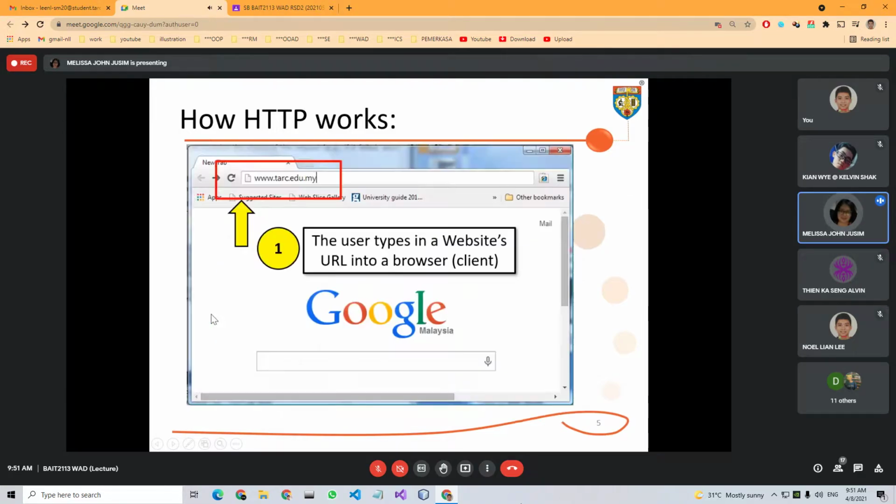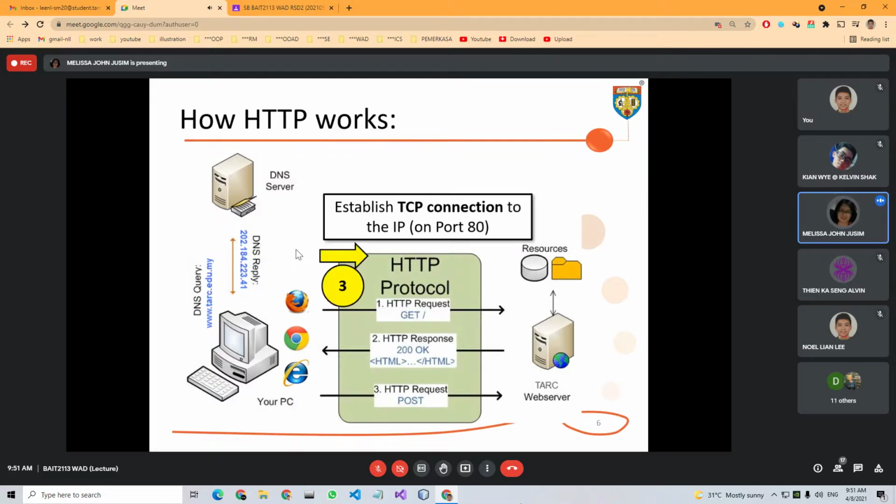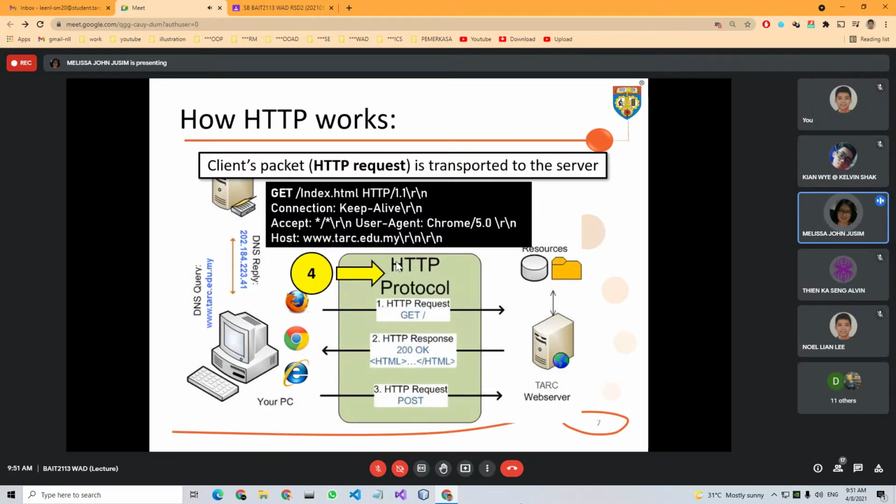When the client enters www.tarsi.edu.my, the DNS needs to obtain the IP address for that particular URL. Once we get the IP address reply, we can establish the TCP connection on port 80 of the web server. Once the connection has been established, the HTTP request will be sent to the server.